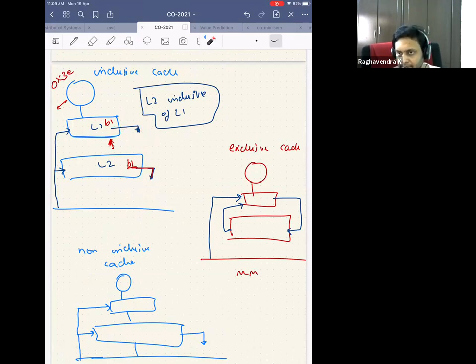Now, the point I remember where we stopped was, if the block is removed from L2, is there a chance that, let's say I am following LRU replacement policy for this particular L2 and also LRU policy for this particular L1, and both are, say, four-way associative caches, is there a chance that when B1 is identified as a replacement candidate and kicked out, B1 can still be here in L1, maybe in an MRU position? Can such a thing exist? Is the question.